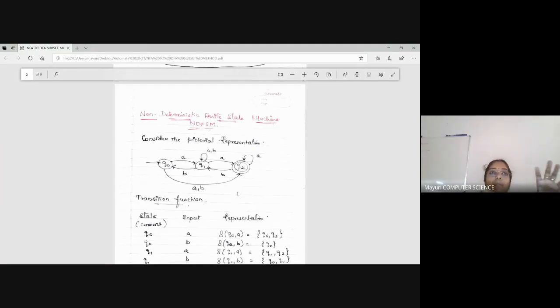You can have n number of final states, but coming to the NDFSM, you don't have any such constraints on the final states. As well, you can have any number of transitions on a particular input symbol from one state to another state. And if you don't have a transition on an input symbol, no issue in the non-deterministic finite state machine. So it is not deterministic.